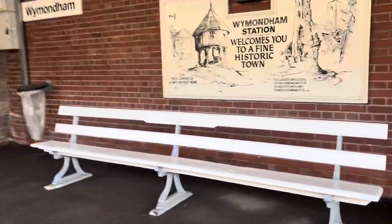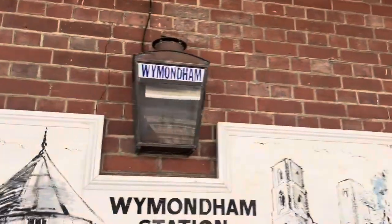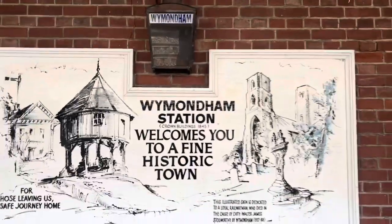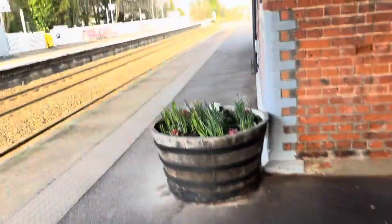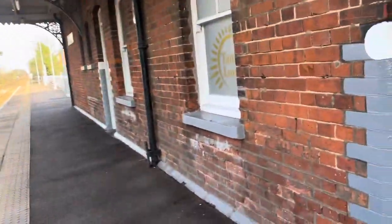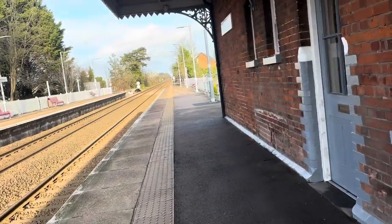Lovely benches, an old gas lamp there, which is completely untouched. That's very cool. Big plant pot here. There is a tanning lounge on the platform in case you want a nice suntan while you wait for your train. And yeah,